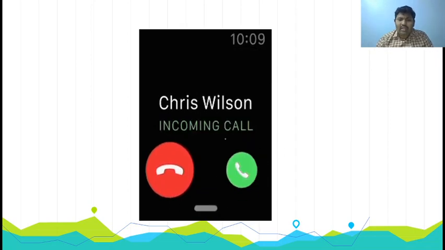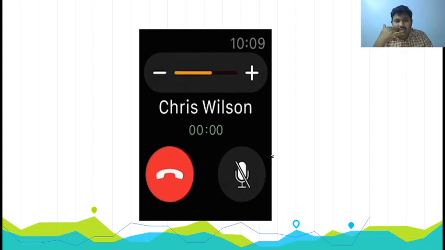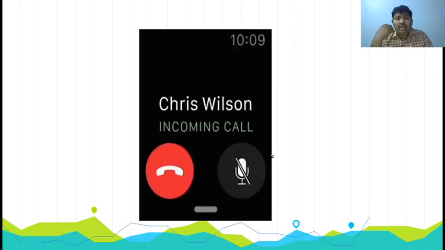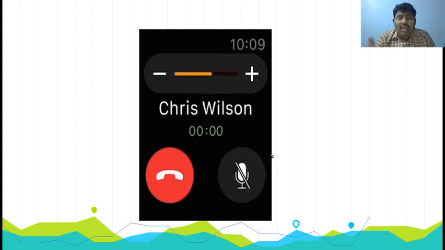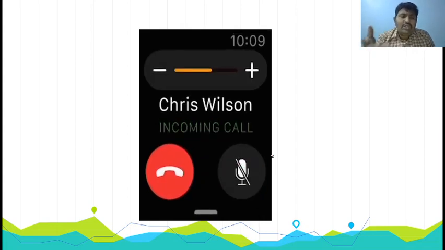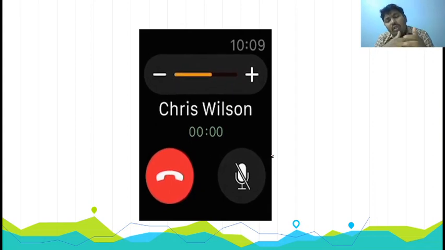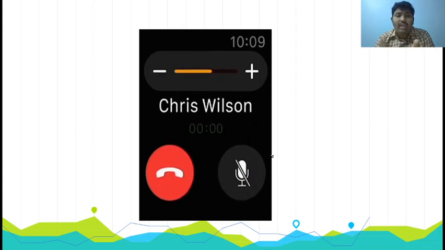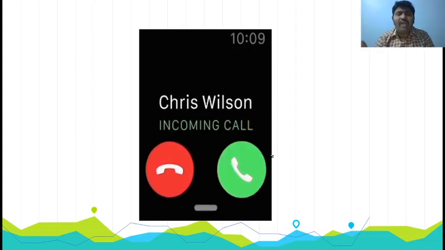He will just click on the green button, then automatically the call will be lifted. He will talk with the person, but he is not bothered about whether we are using some kind of CDMA technology, or FDMA technology, or GSM, or 3G, 4G, 2G. What kind of technology we are using? How the audio is converted? How the information is transmitted between this phone and that phone? Whether it is a wireless mode or wired mode, or satellite is used. All this information is not relevant to the user.